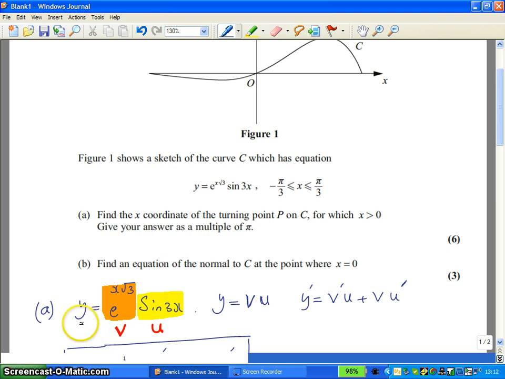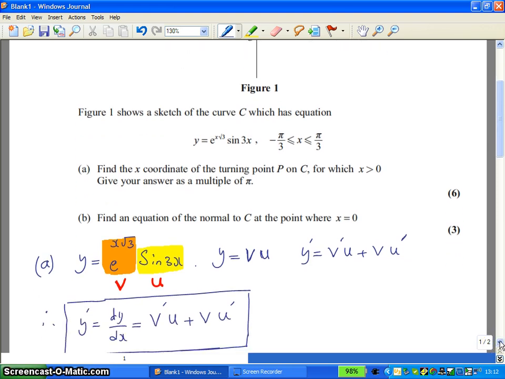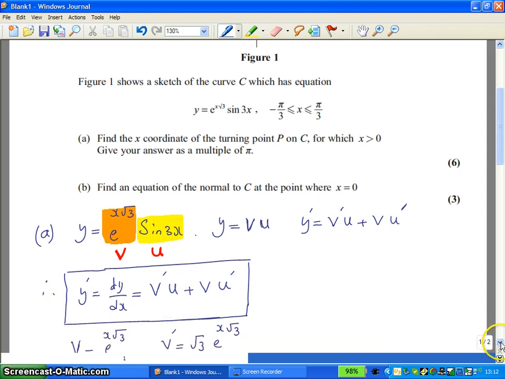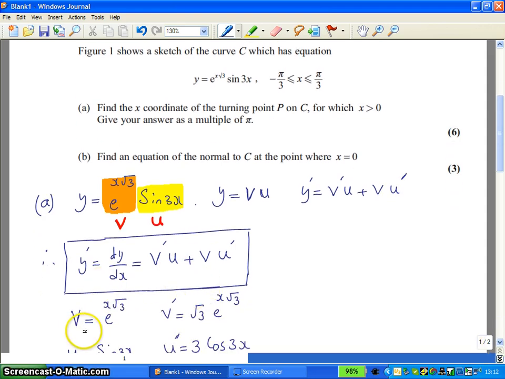I've rewritten the function here, y is equal to e to the x root 3 sine 3x, and if we take the first term to be v, e to the x root 3, and the next term sine 3x as u, then we would have y is equal to vu. Then if I differentiate using the product rule, the derivative of the function is equal to v dash u plus v u dash. I've repeated that here. So let's go back and